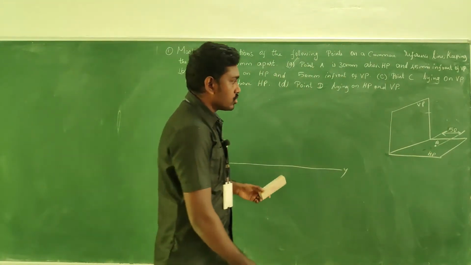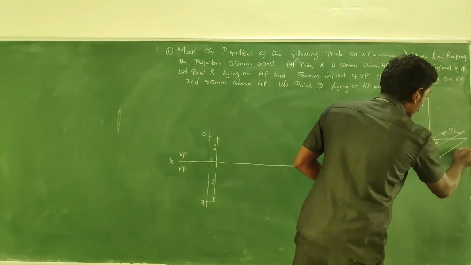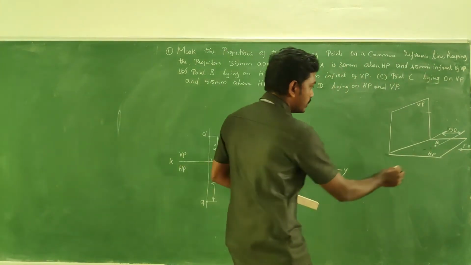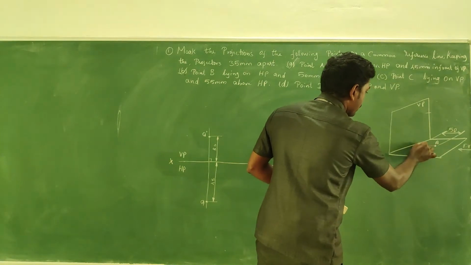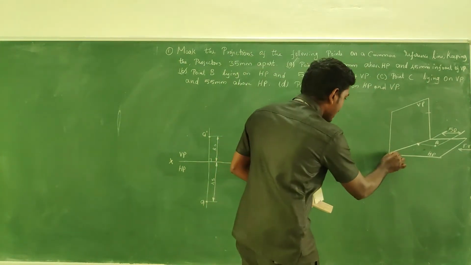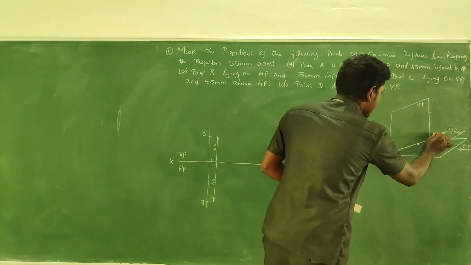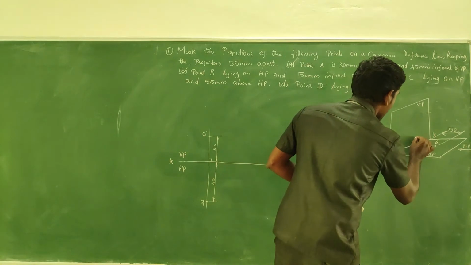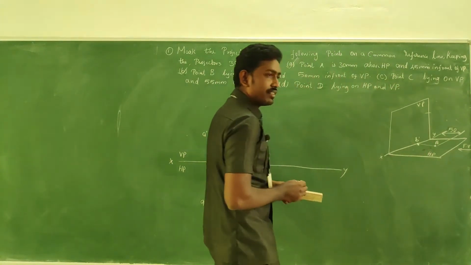HP, right? So if you are getting the front view, the observer position will be here. If you look at the object, it traces the projection on the VP in the reference line. That is very important. It traces in the reference line. So this would become your B dash, since it is a front view.